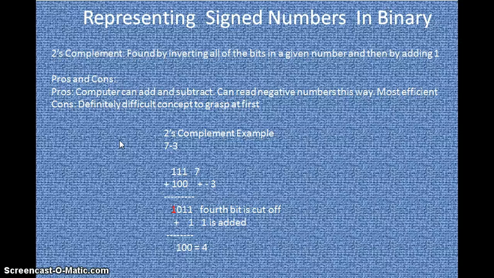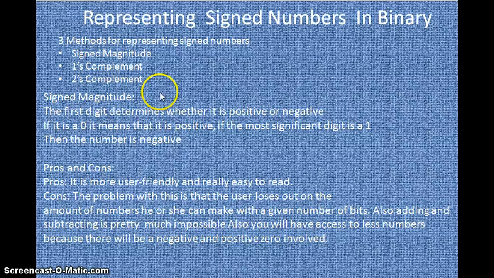First, we're going to talk about what the three methods are for representing signed numbers. First, we have a signed magnitude system. Now, this isn't the hardest system in the world to understand. It's actually pretty easy. All you do is you say the first digit determines whether the number is positive or